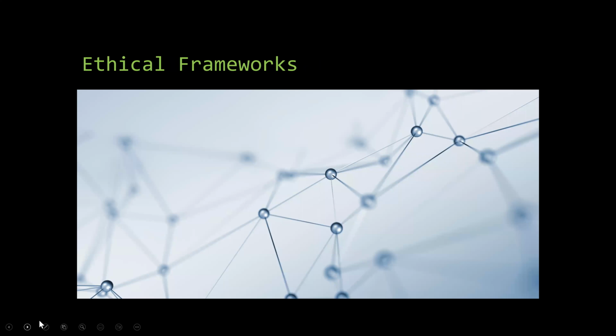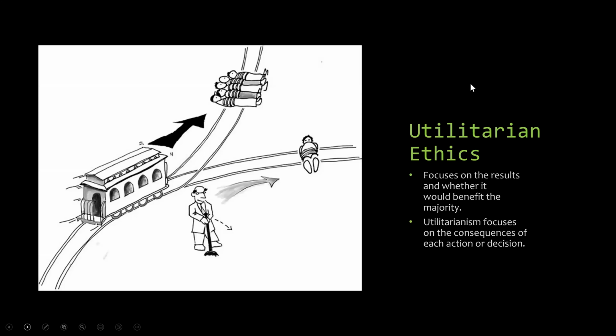And so now we're going to talk about some ethical frameworks, which is a fancy way of saying different ways people think. So different ways people are going to approach this ethics idea. And one of those is called utilitarian. The utilitarian ethics focuses on what would be best for the majority. So what affects more people? And it really focuses on the consequences of the actions, what we do, as opposed to what we think or believe.